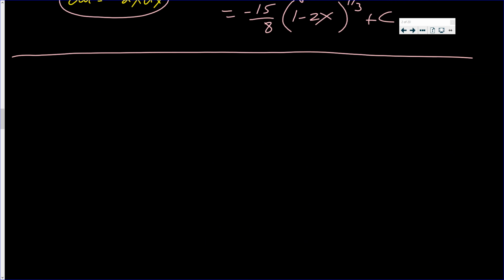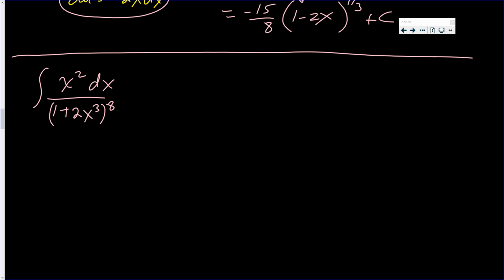So sometimes you don't have to use u-substitution. You can just multiply out. 2x cubed to the 8th power. Like I say, usually it's a good idea to let u be equal to what's being